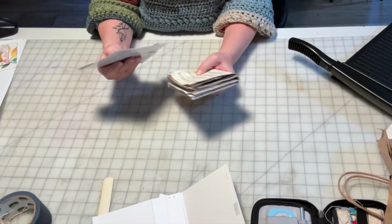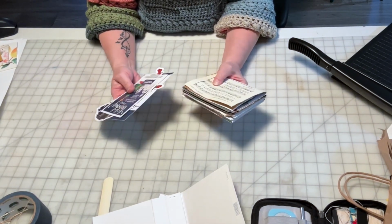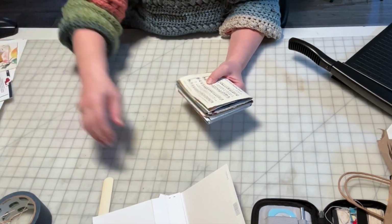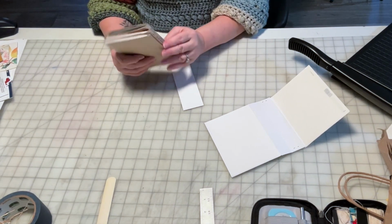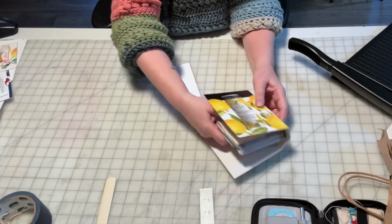Just because I'm not using some of these bits today doesn't mean I'm gonna get rid of them. I can if I want to, of course, but I think I'm gonna just save them and put them away back in my bits and pieces box. Okay, so we have 4 bundles of pages to fit into our journal,